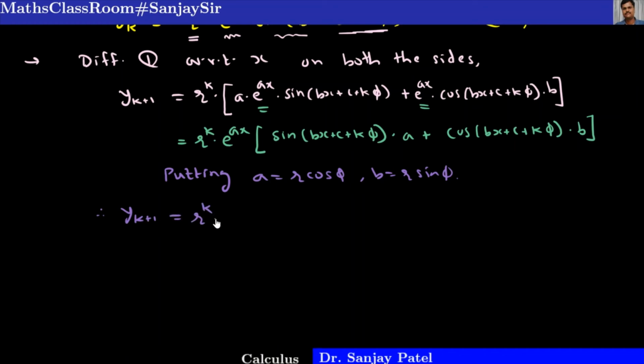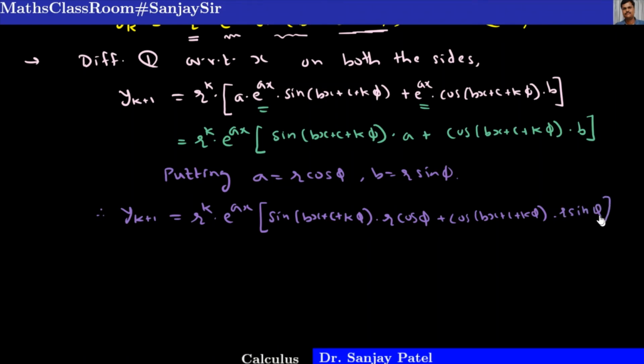r raised to k into e raised to ax as it is, into sine(bx plus c plus k phi) into r cos phi plus cos(bx plus c plus k phi) into b equal to r sin phi. We are writing here. So I am putting the values of a and b only at these two places. So this gives me